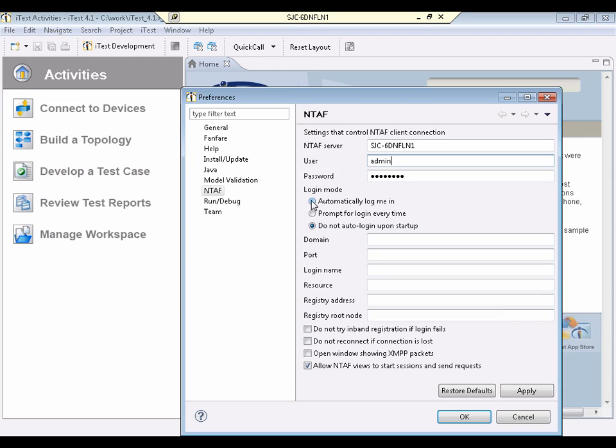There are 3 different login modes. There's automatically log me in, which will log you in every time you start iTest using these credentials. Prompt for login every time will prompt you to enter your credentials every time you start iTest. And the third, do not auto login upon startup, will start iTest without connecting to the server or prompting you